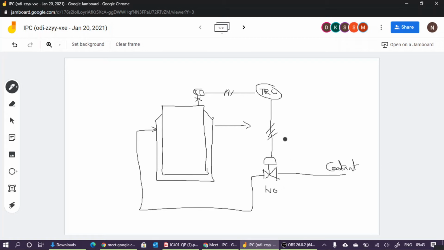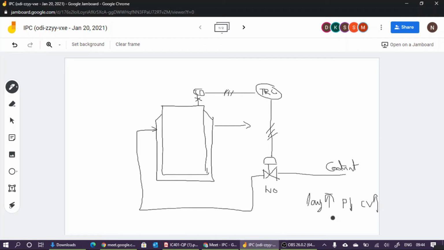Am I correct? If this control signal is 100%, this is closed, and if this control signal is 0%, this is open. Now please note, if the temperature is very large, we have to open this controller. In order to decrease the temperature, we have to open the controller. So for large temperature, we have to decrease the control output. So control output P is decreased. For large temperature, the control output is decreased so that the control valve is open.